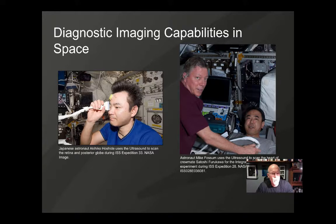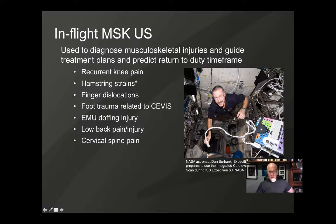at the posterior orbit. Here on the left side, one of our Japanese astronauts, Akihiko Hoshide, uses ultrasound to scan his retina during a study back on Expedition 33. And then on the right, you've got Mike Fossum doing an echocardiogram on Satoshi Furukawa as part of the integrated cardiovascular studies on Expedition 28. Dan Burbank in this picture here on Expedition 30, getting ready to do an echo using ultrasound again. So again, a lot of different uses that we've used for just kind of normal scanning techniques, but